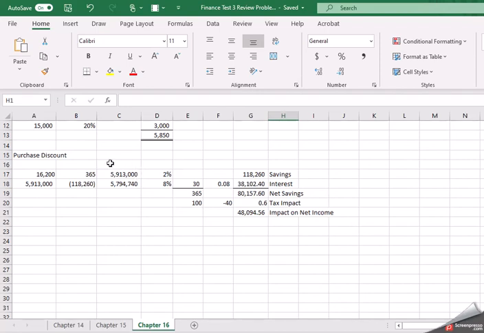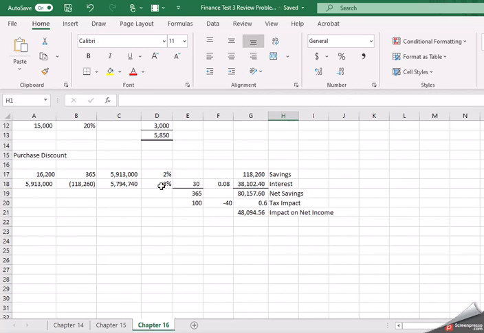So the $5,913,000 would be their annual number. Now they're contemplating taking this 2% cash discount, so then they would have an annual savings of $118,260. So the total purchases times that 2%. But in order to take it, they would have to borrow. So then what I have here is the gross amount minus the discount. They'd only have to borrow the net amount, obviously, because they're not paying the full gross. So they're going to borrow the net after the discount,